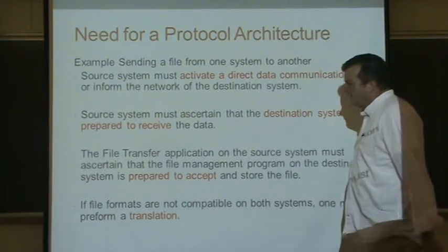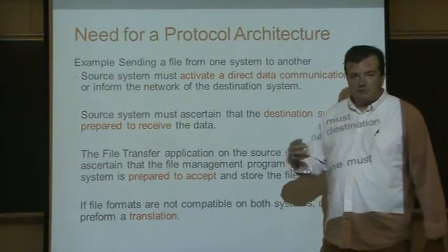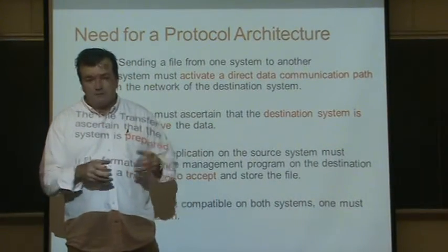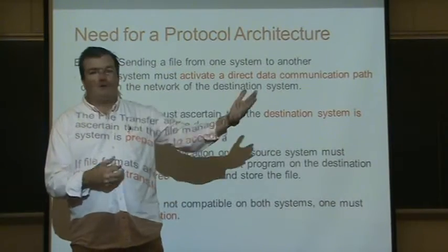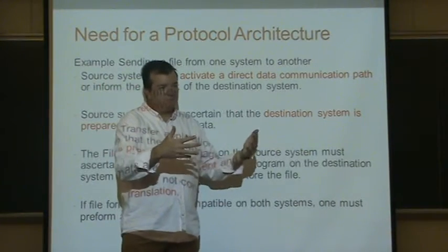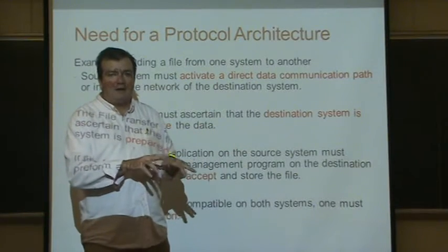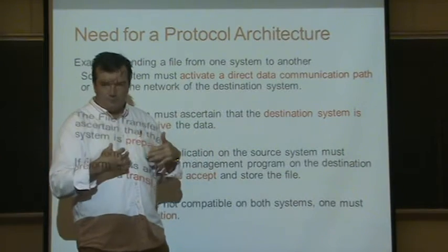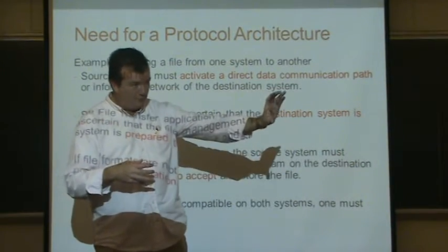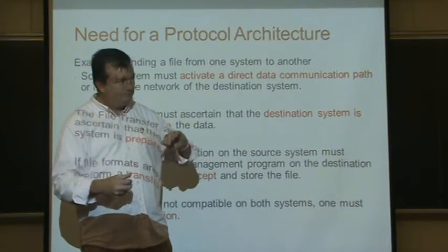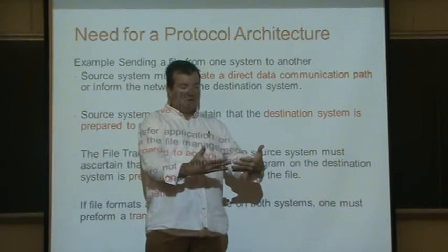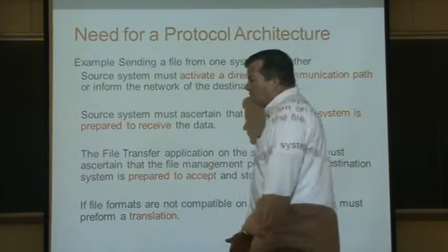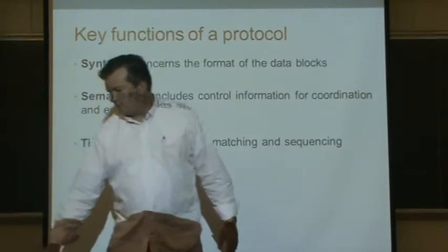So the same thing is needed when two machines are talking to each other. For example, if I want to send a message to Facebook, I want to log into Facebook. They don't know that I want to send a message to them, so they're just sitting there accepting messages from the whole world. I need to connect to them, so I build a message that says, I am on my machine and I'm trying to connect to your machine and I would like you to respond to me. And when they receive the message, they're going to wake up and go, oh, this guy wants to talk to me, I better respond to him. So the same thing is true in architectures.